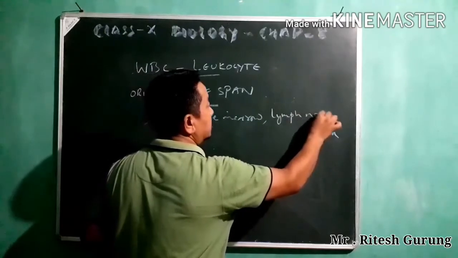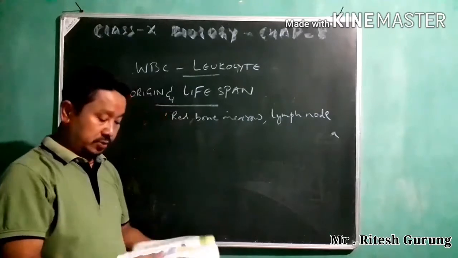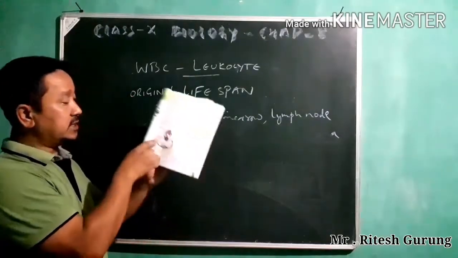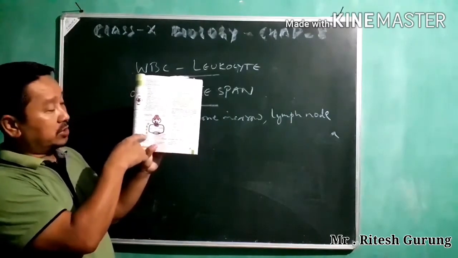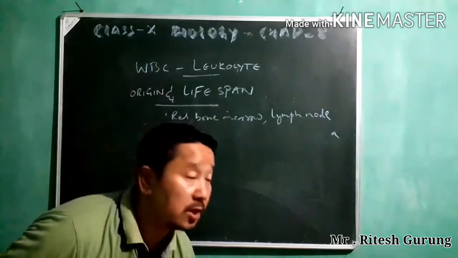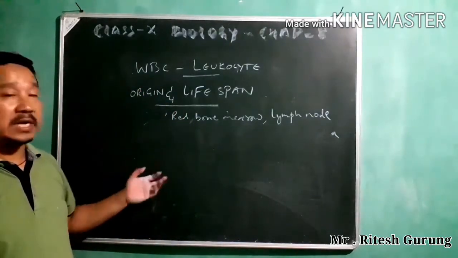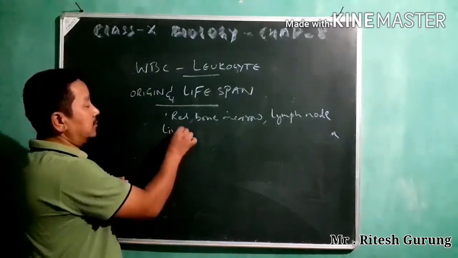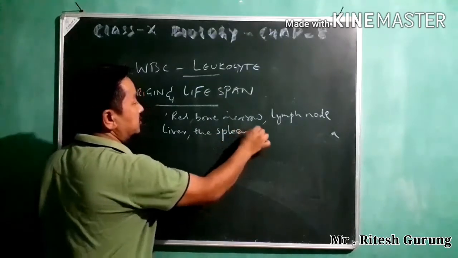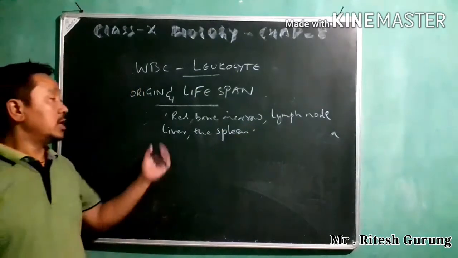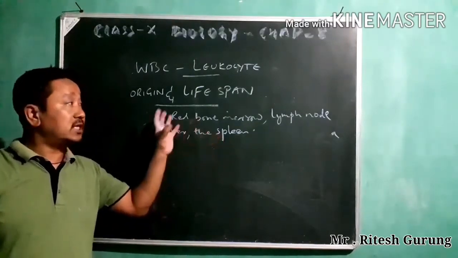What is a lymph node? I'll just show you. On page number 91, you can see this diagram. Here you can see the lymph nodes. In this region also WBC is formed. They are sometimes also formed in the liver and in the spleen. So these are the places where